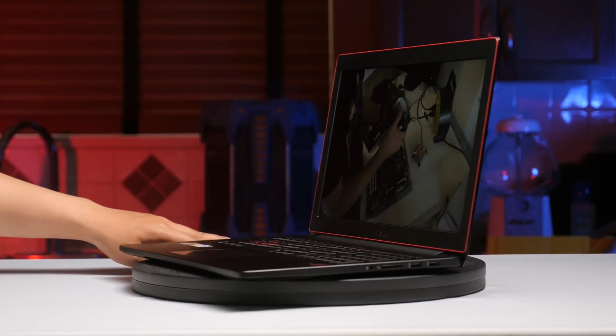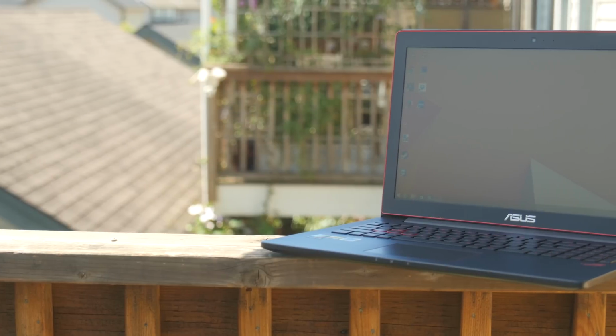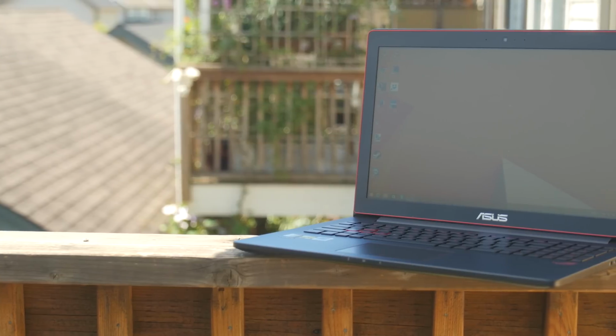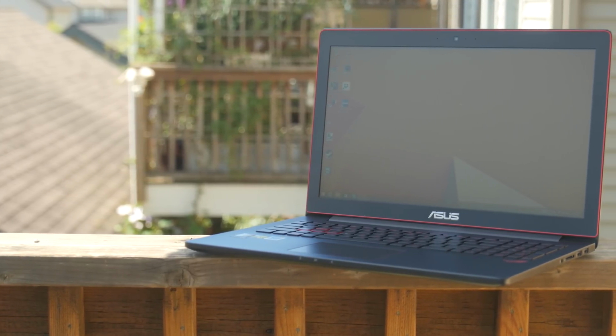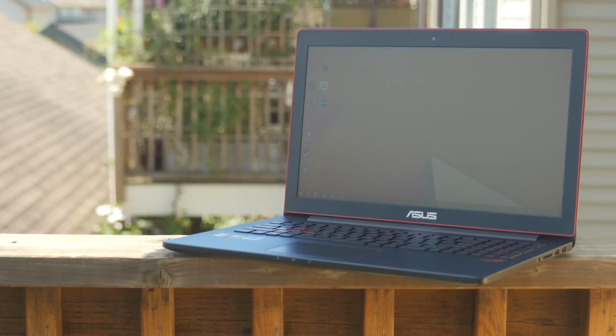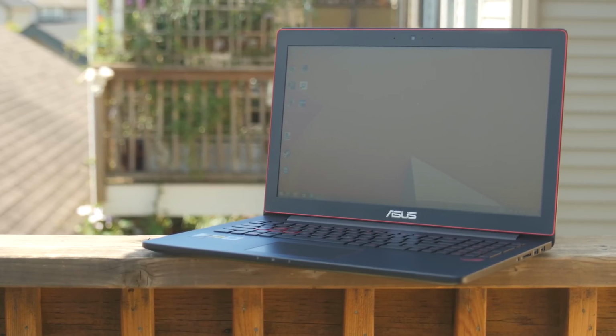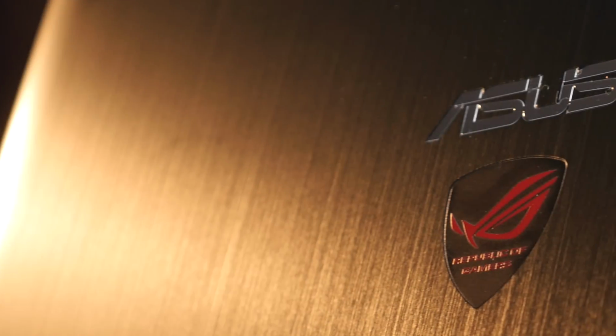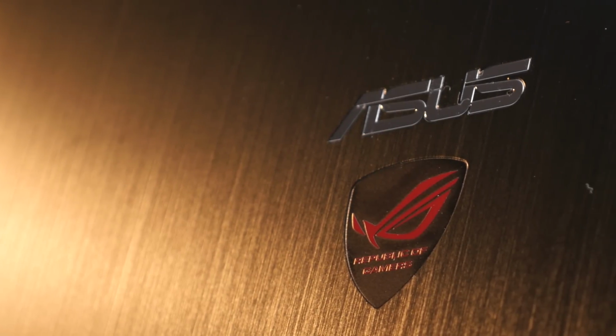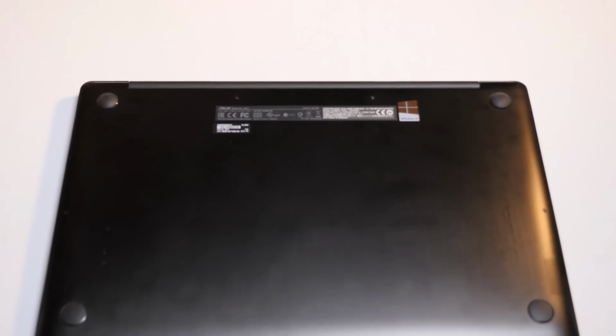So let's take the rest of the physical tour then, shall we? Build quality is again what I would describe as high to mid-range, although a couple of years ago it would be somewhere between very good and exemplary, which goes to show how far we've come, with a brushed aluminum top cover sporting a shiny ASUS and slightly less shiny but definitely more red ROG logo, a similar brushed aluminum base